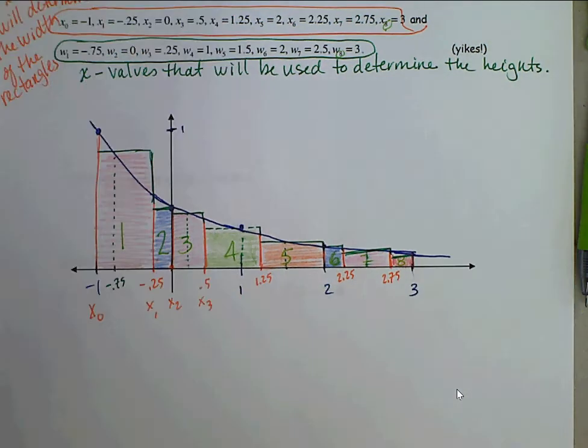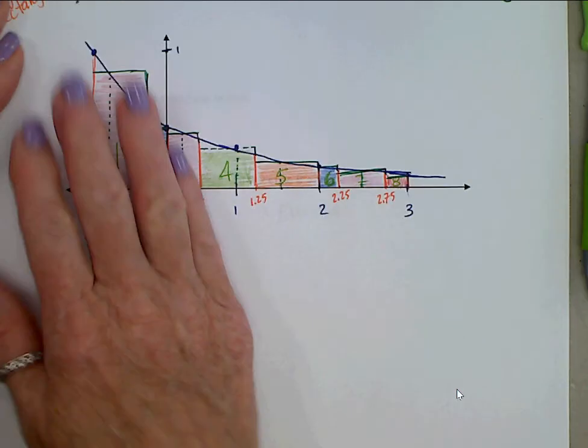Okay, notice on this one I did shade the actual rectangles, not the area underneath the curve, because a Riemann